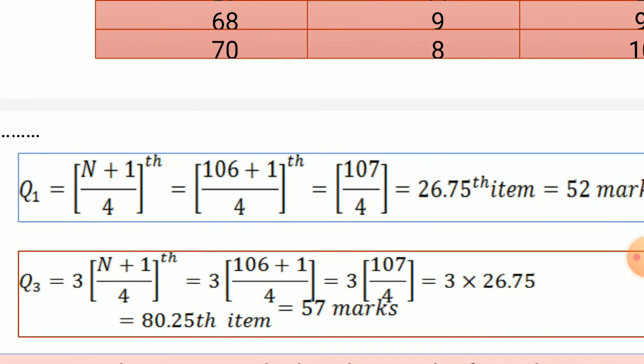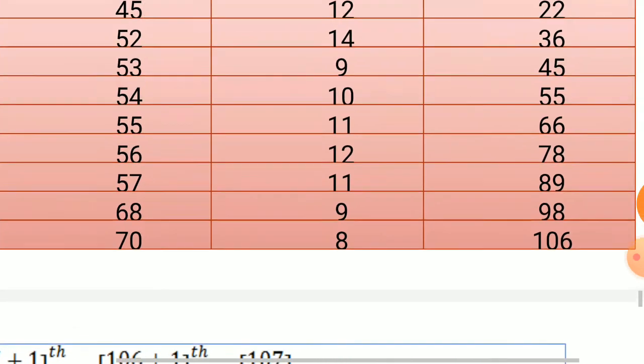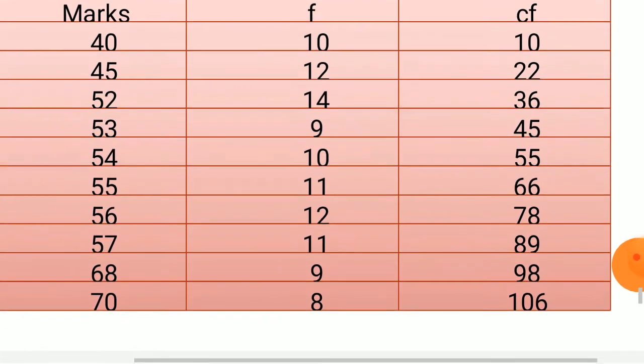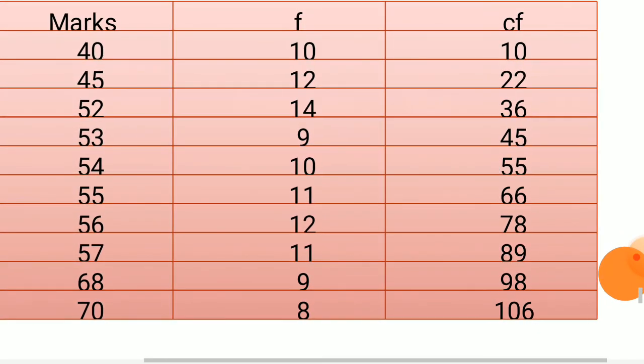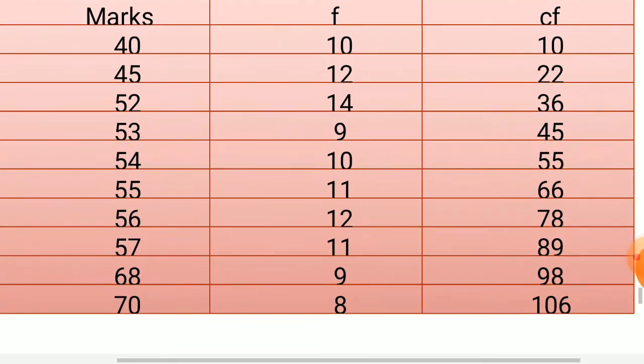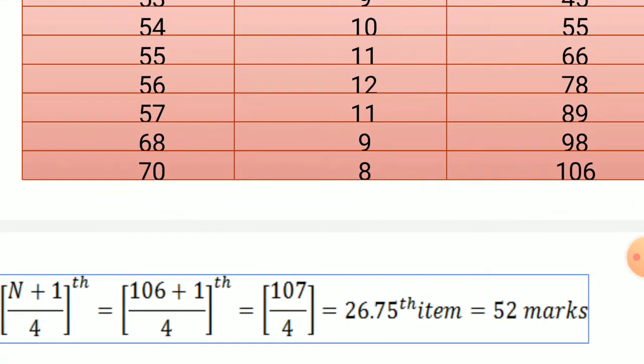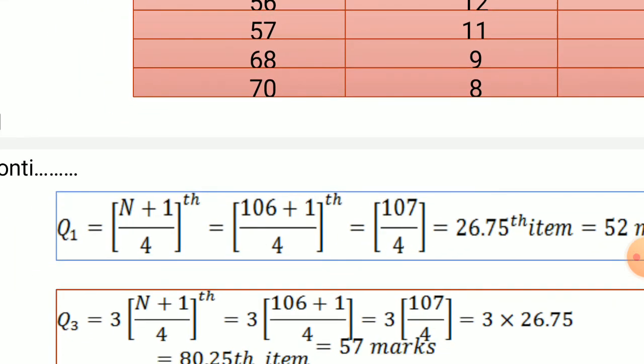26.75, where it falls in the CF column. So 26.75 falls in 36 CF. Therefore q1 value is equal to 52 marks, and then